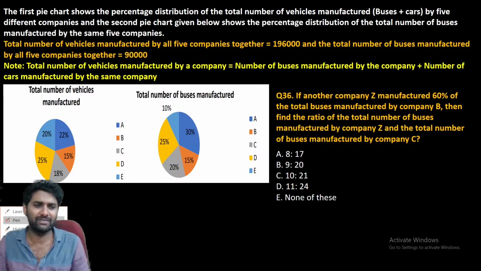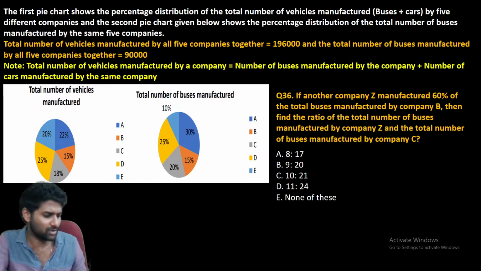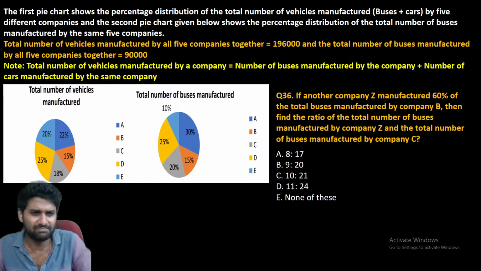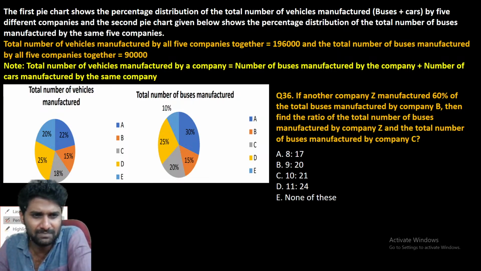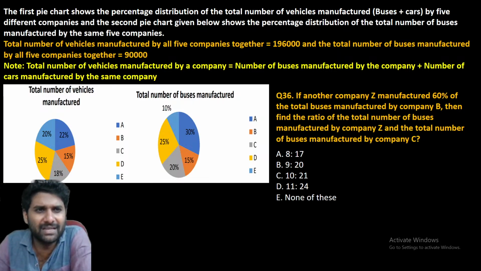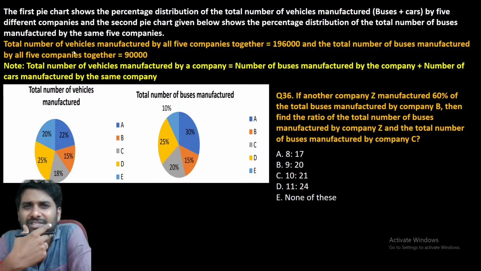Guys, for this question, I will tell you the calculation. Solve the remaining questions, guys. Just go through the calculation part. I will tell you. Now, see, they clearly mention that there is a pie chart distribution of total number